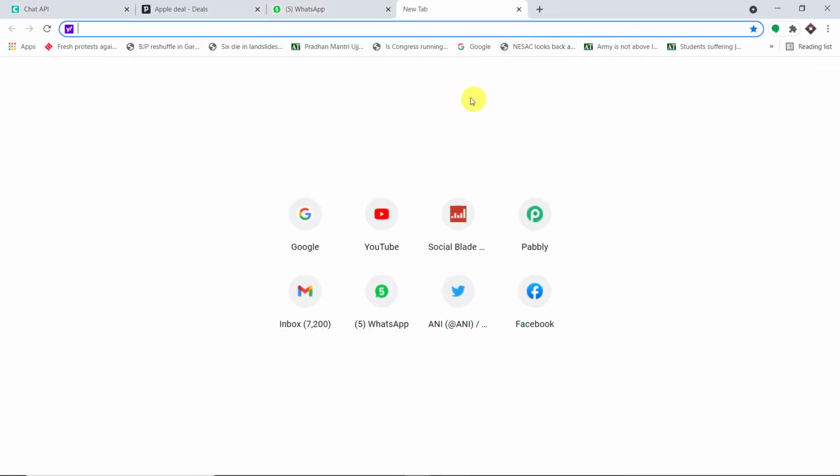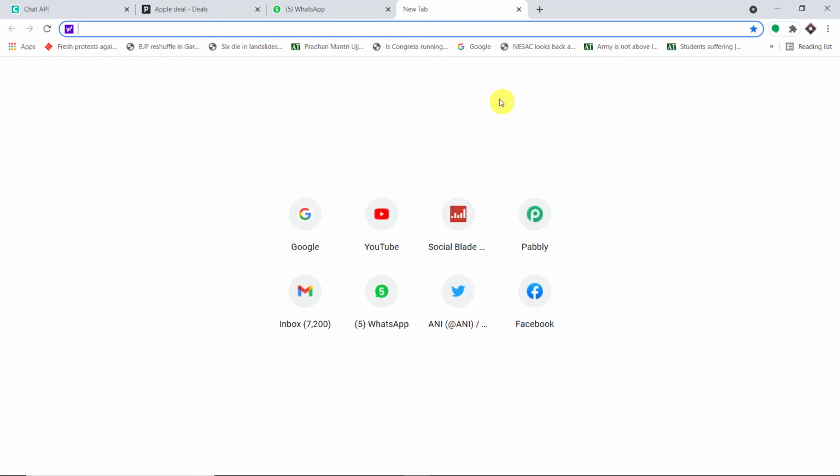Before we begin the process, there are three things I have to mention. The first thing is, we are going to use Chat API to send the WhatsApp messages. Of course, there are many other options other than Chat API to send WhatsApp messages, like Gupshup. The second thing is, PabliConnect doesn't own Chat API. Chat API is a third-party software that we use to send the WhatsApp message. And third, and perhaps the most important thing, Chat API is definitely not free.